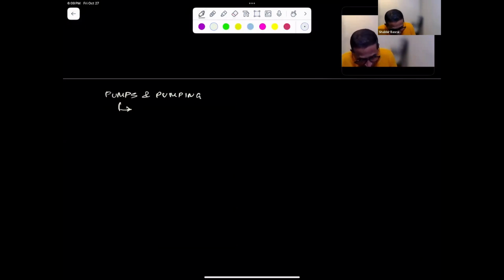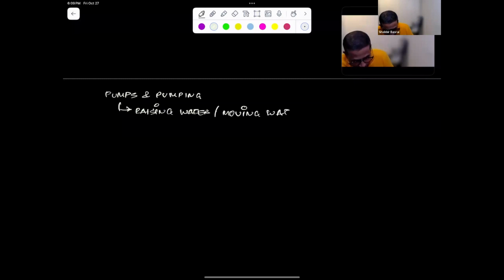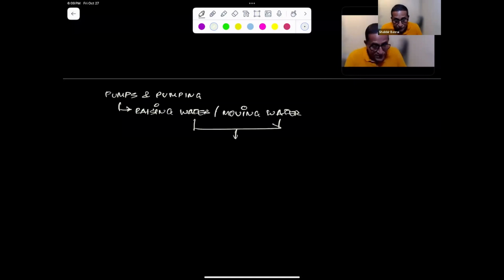So, it is a device for raising water or moving basically the water. I mean, of course, it doesn't need to be water. It can be basically any fluid. And by fluid, we mean it could be gas, it could be water, it could be sludge, could be anything, right? So basically, it is primarily for